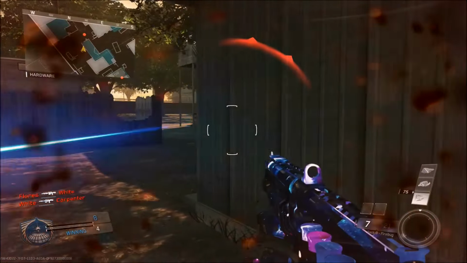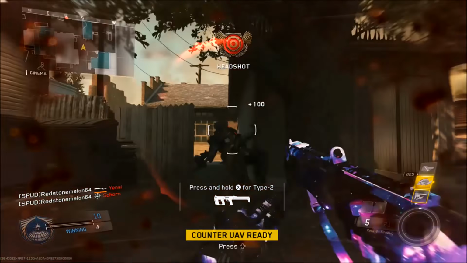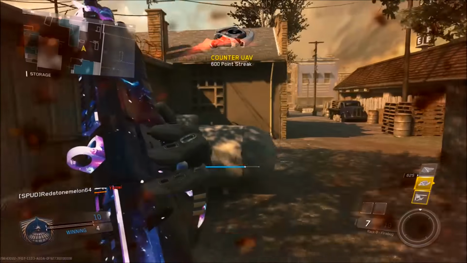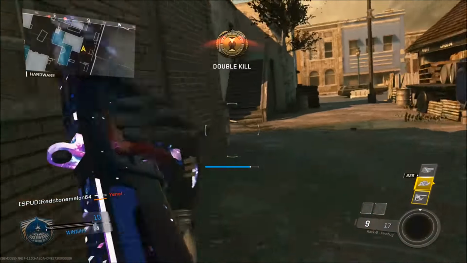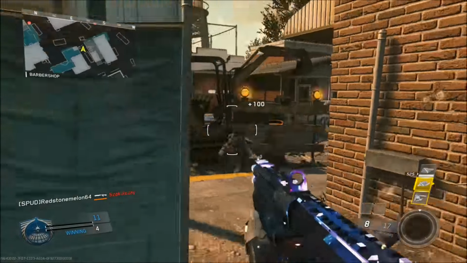So this is the Rack 9. It killed the person immediately, so let's see. You must have the like semi. Oh, I mean you can see the fire, but it doesn't really seem to do much. Also, don't know. Usually the